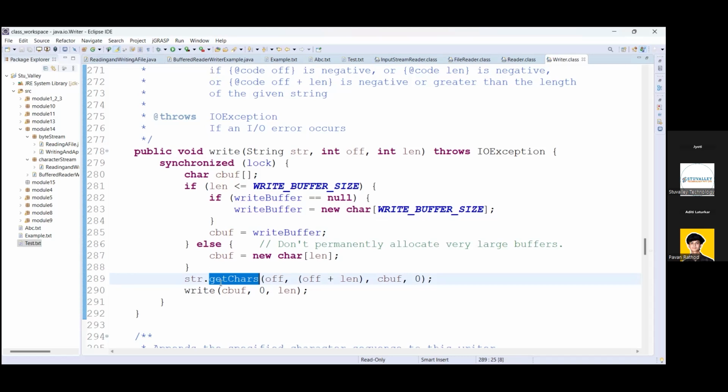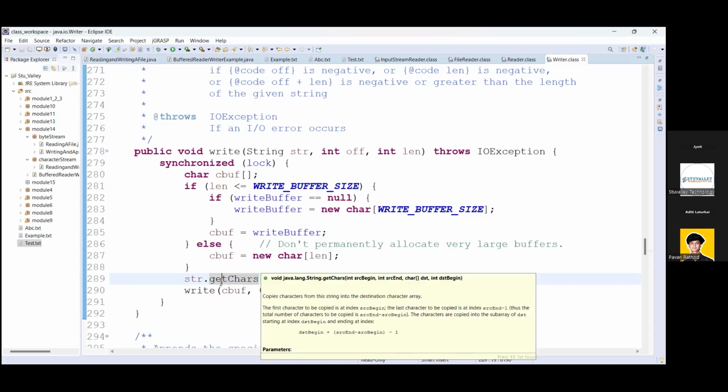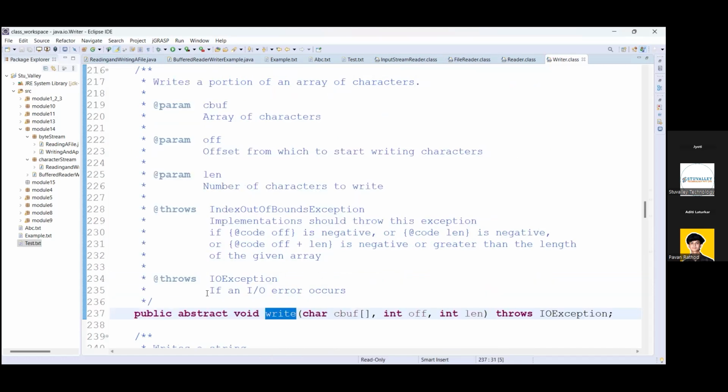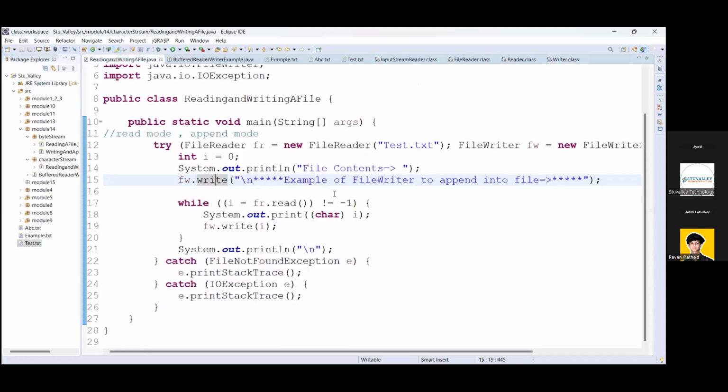The getChars method will convert the complete string into characters, then each character will be written. That means you are writing characters, and again each character is converted into bytes to store that data. So everything uses byte stream internally, and you don't have to worry about it. If you learn the byte stream itself, that is also fine. Only the different classes are there to perform this, like FileInputStream, FileOutputStream, FileReader, FileWriter,